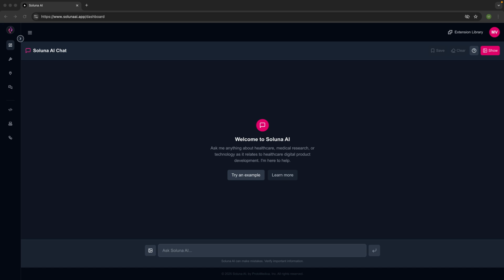Today, we're showcasing something truly groundbreaking, the Soluna Architect extension. This is where the real magic happens inside Soluna. Our Architect extension transforms AI from just a chatbot into a true healthcare software co-developer. If you're serious about building MedTech products at the speed of innovation, you're about to see why Soluna Architect is